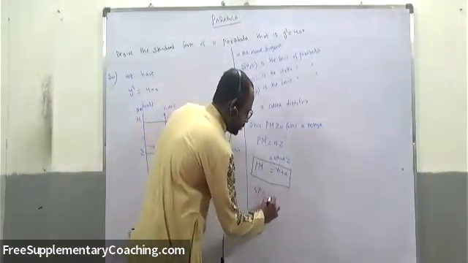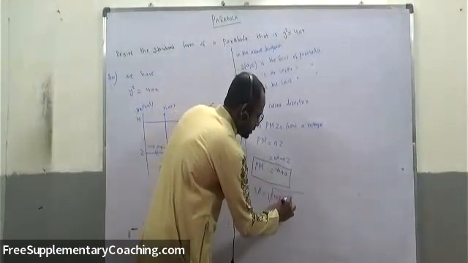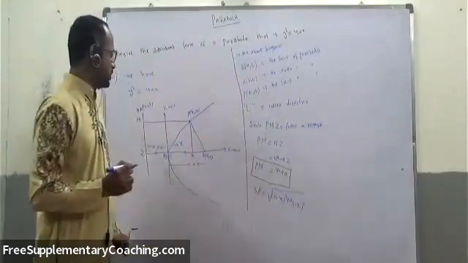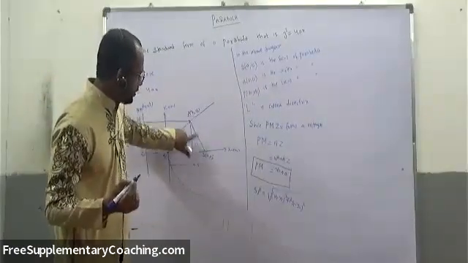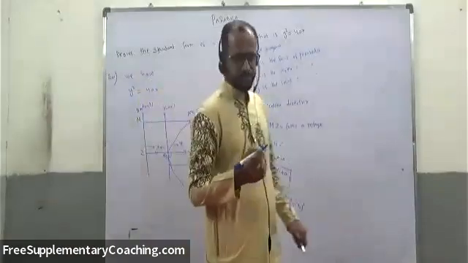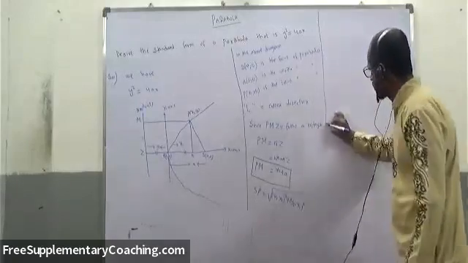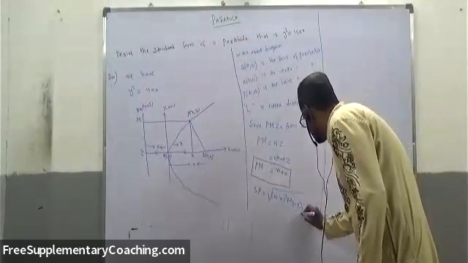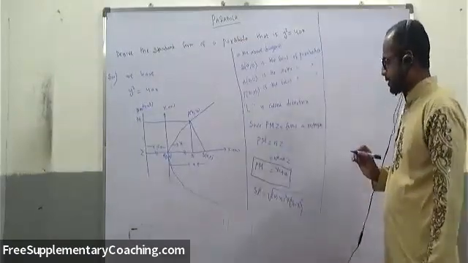SP is equal to root over X1 minus X2 square plus Y1 minus Y2 square. So here X1, Y1, this is X2, Y2. X1 minus X2 here is A, X2 is A. So I can write here